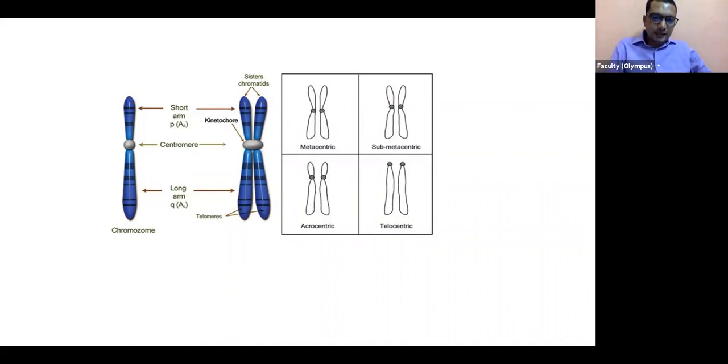Otherwise, in metacentric chromosome, can you find a P arm and a Q arm? More or less, both the arms are of same size, same length. So it is difficult to find P and Q arms in metacentric chromosome. But in submetacentric chromosome, the top one in this particular case is P arm, this is Q arm. Because centromere moved to one side, it is not at the center. It is called submetacentric chromosome. So metacentric is where centromere is in the middle. Submetacentric is where centromere is slightly away from the center, either to the top or to the bottom.